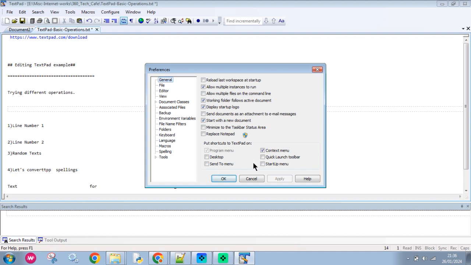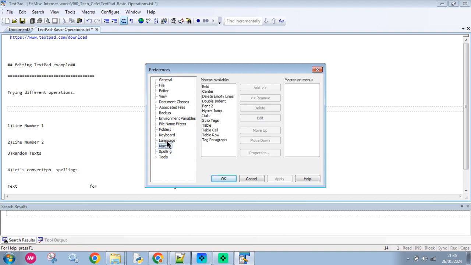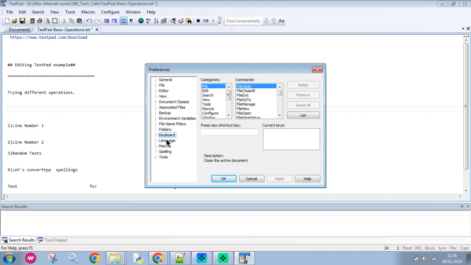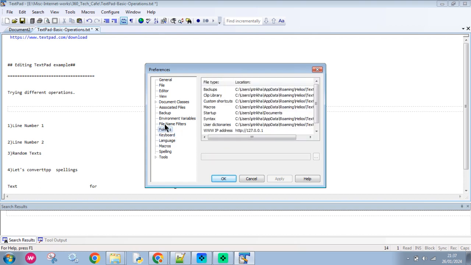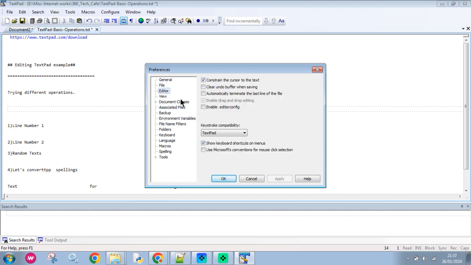Here are the preferences. So you can customize to your own convenience. The spellings, macros, language. If you want to use some other language, then these are the keyboard option folders. You can maybe customize where you want to keep the standard backup and other options. Associated file, if you want to associate some other extension file. Editor,